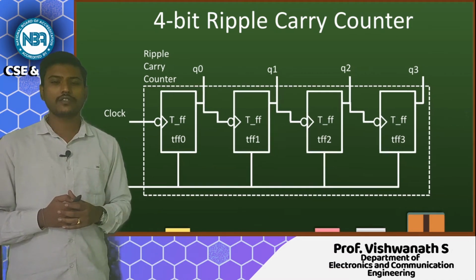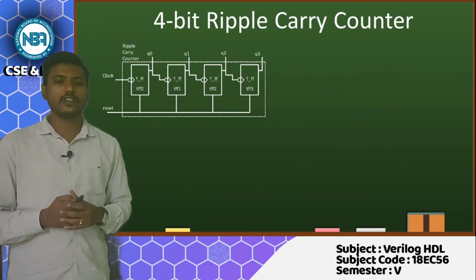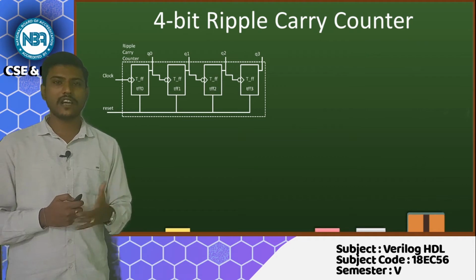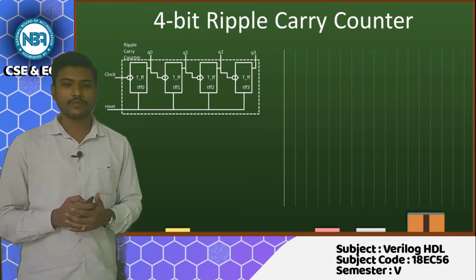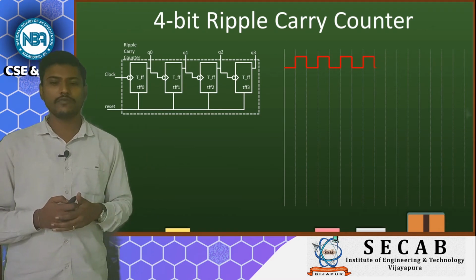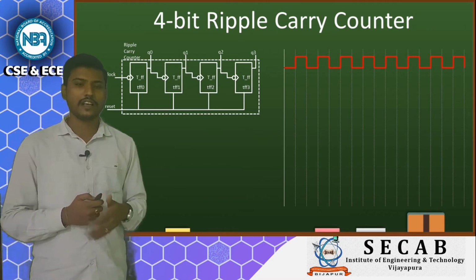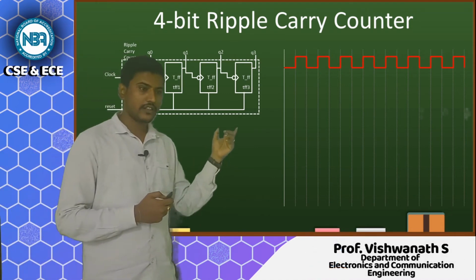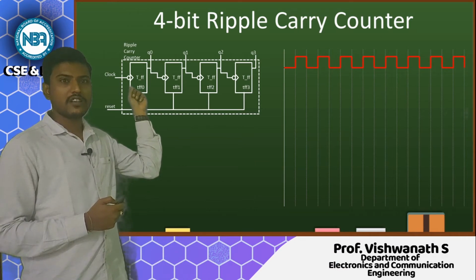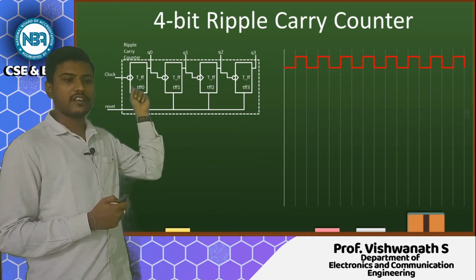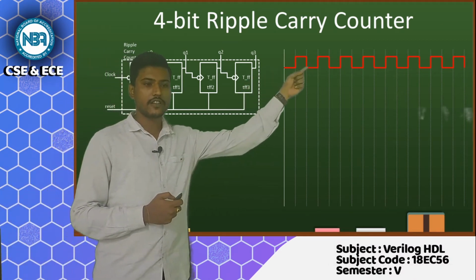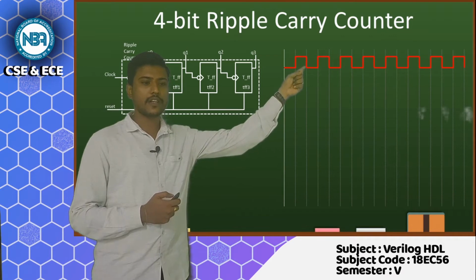Now, let us look at what the 4-bit ripple carry counter actually does. Let us try to understand it in terms of timing waveforms. First, I will draw a clock signal. So, let me take this clock signal. As we said, we can observe that this is bubble in nature. So, I will call this whole circuit negative edge triggered, and negative edge triggered in the sense that it is going to trigger at this particular point.